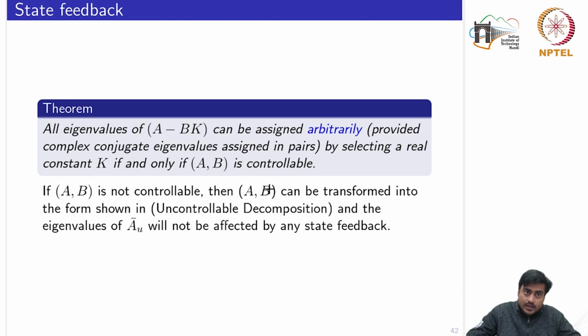Because for the controllable part we can place the eigenvalues anywhere, but we cannot change the eigenvalues of the uncontrollable part. So if we ensure that the eigenvalues are on the left hand side, then at least we can ensure the stability of the system. Okay,